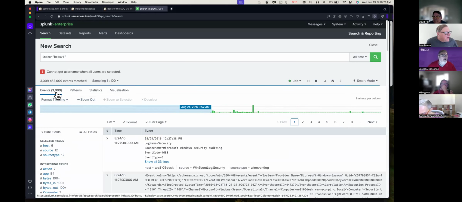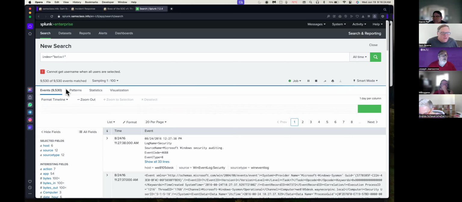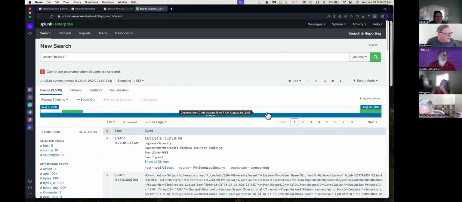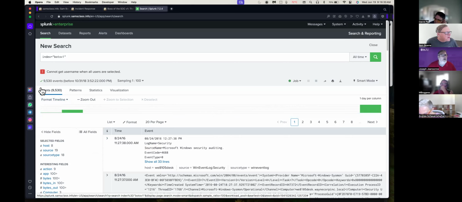This number is going to be going up as it finds more and more results. And when it's done, it'll have a green check mark there to tell you it's done. It's also filling in a timeline of the events here. Okay, now it's done. So I found 9,000 events because there really are 900,000 events, and I'm only looking at